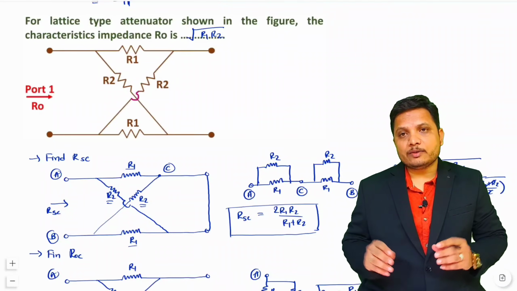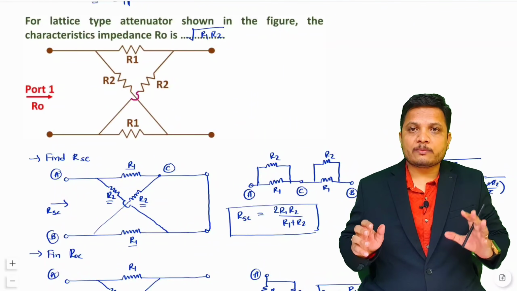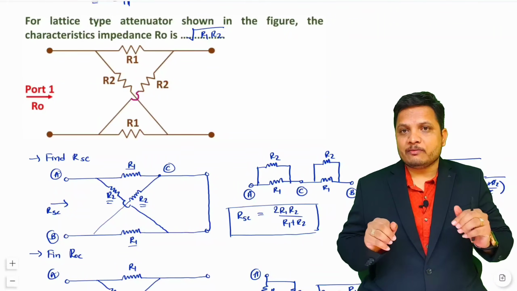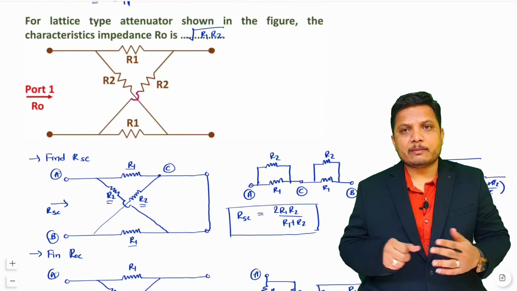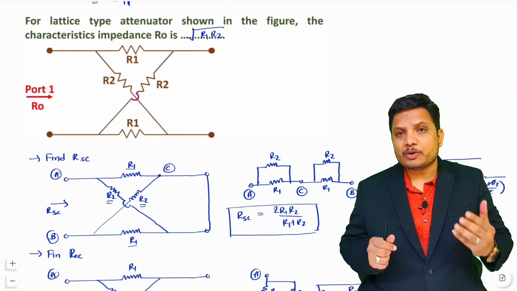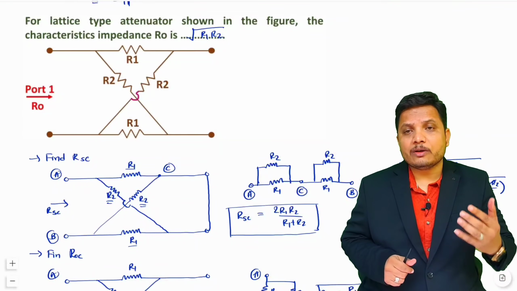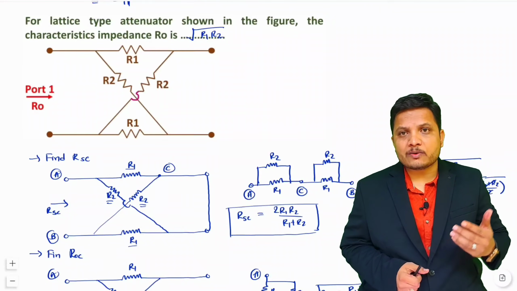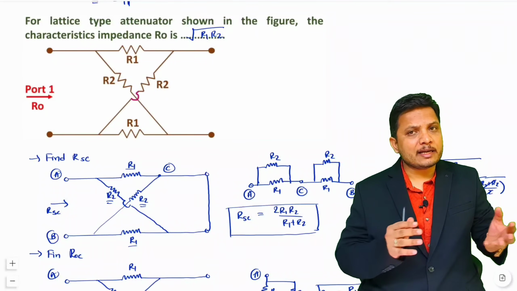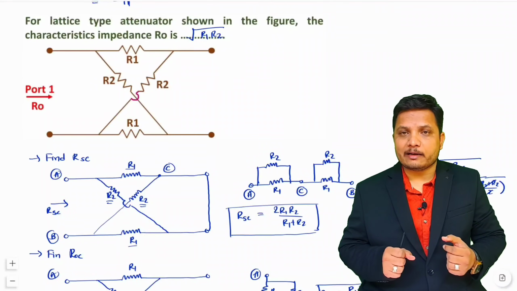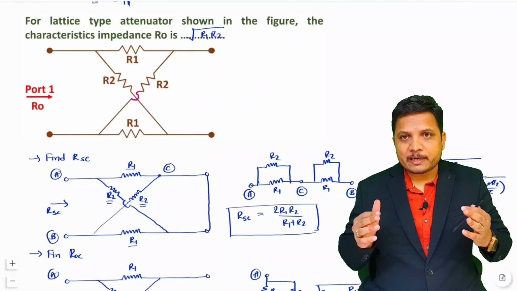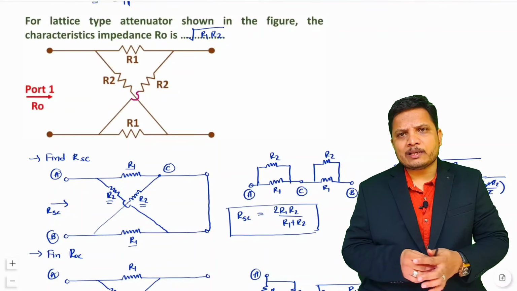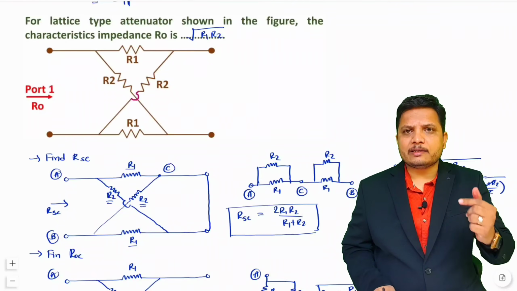So my dear students, you should know the standard process of solving a question for characteristic impedance. Sometimes you may be given a question in which they may be asking you to find the image impedance at port 1. So for that you will have to find the characteristic impedance at port 1 only, right. So that's why initially I explained the theory, after that I solved one problem. So I think now it is clear how to understand this type of fundamentals.